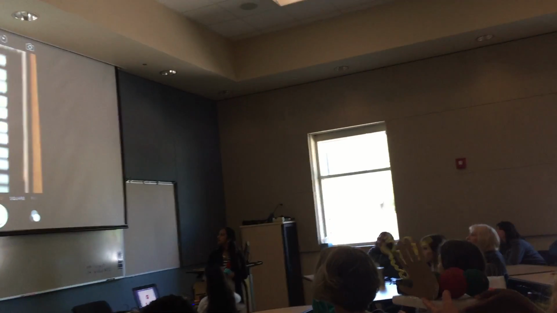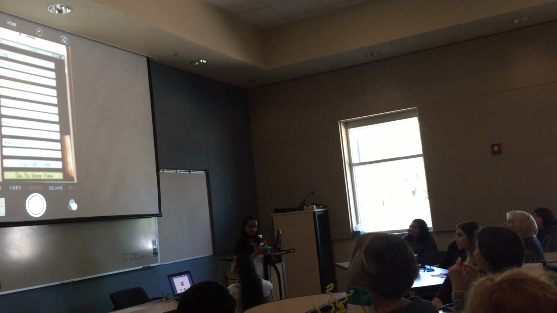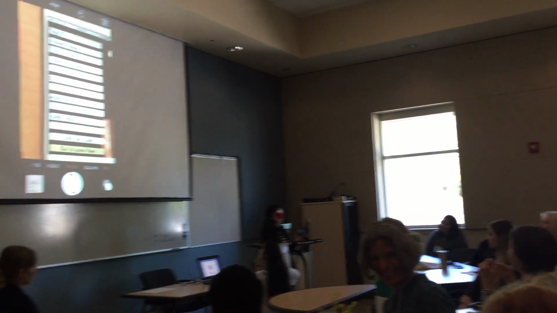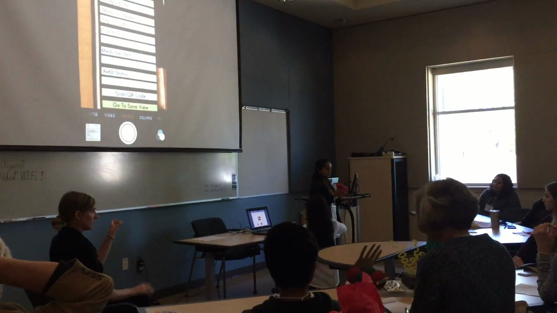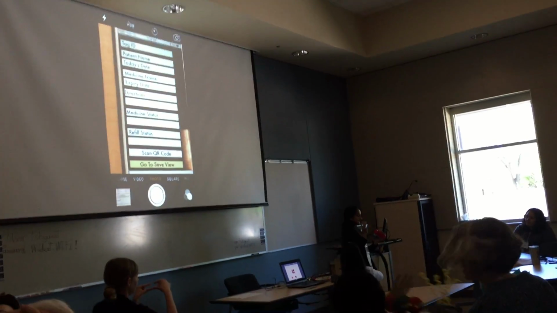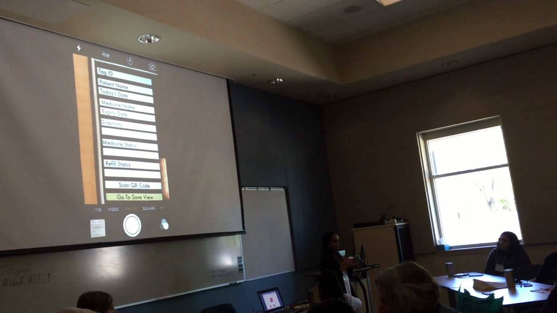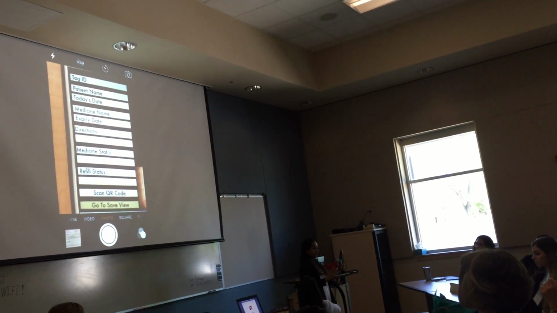So if you just take this, this is a tag, and the thing is that this uses radio waves, so it doesn't have to be in direct line of sight, and you don't have to hold the app directly on top of this. But if you just